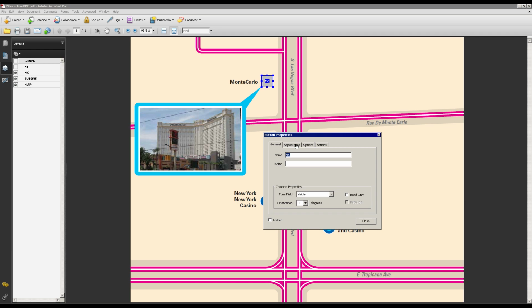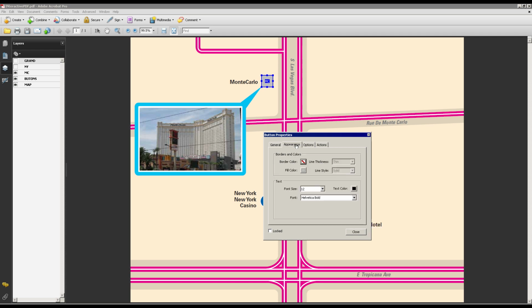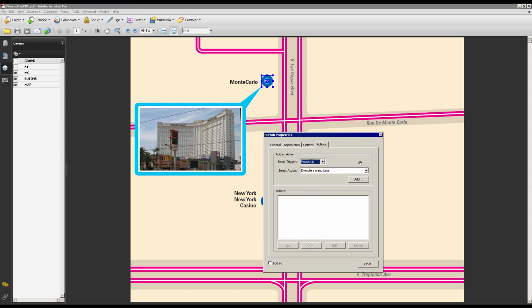Since we already have an artwork button, we're going to change the appearance of this button to clear, basically, so no border color, no fill color. And then in Actions, we're going to change the trigger to Mouse Enter and set layer visibility.